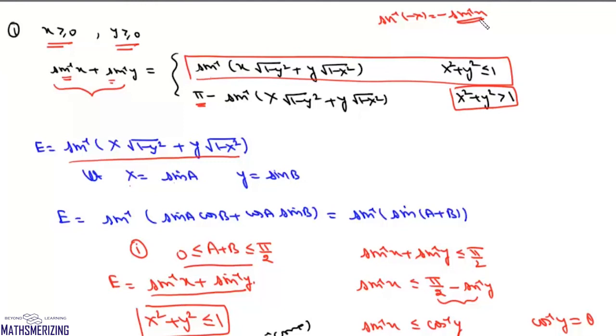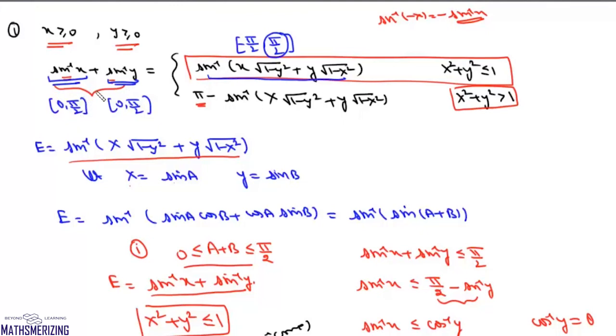Now, why are we getting two different results? We are getting two different results because the principal value range of sine inverse x when x is greater than or equal to 0 is from 0 to pi by 2, and for sine inverse y also it will be from 0 to pi by 2. Now, any sine inverse has a range from minus pi by 2 to plus pi by 2. So sine inverse of x under root 1 minus y square plus y under root 1 minus x square can take the maximum value of pi by 2. So this formula is valid when the sum of these two angles on the left is less than or equal to pi by 2.